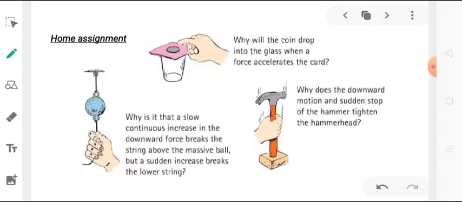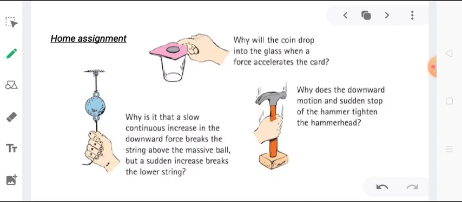So these were some reasoning type questions that we can discuss related to the first law. There are obviously many such situations that can be explained with the help of Newton's first law, and three such questions I am giving you as a home assignment. So all of you will try to analyze these situations, that why is it happening, and then you will write down the answer,